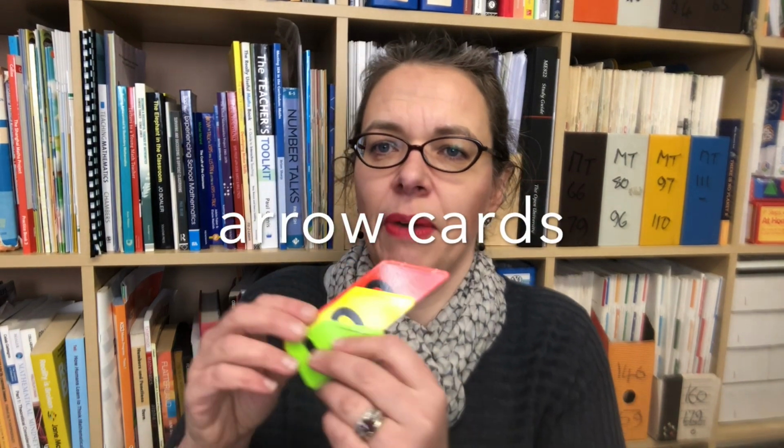But there's another thing that's really useful to help children with this, and that is arrow cards. Here's a pack of arrow cards. If we just see what they are, all your 1s are on green, all your 10s are on yellow, and you have got the hundreds on red for the future. But if we just look at these numbers up to 100, if we look at that number 42,